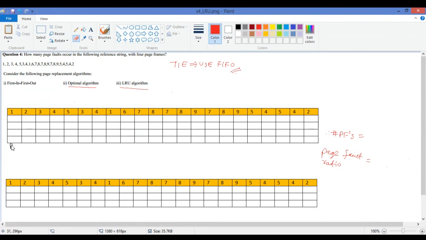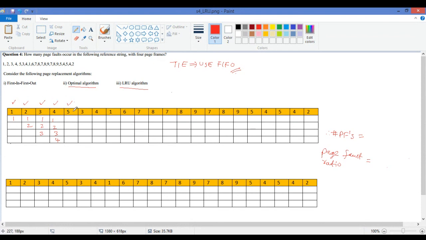Now, the least recently used algorithm is same as optimal, but the difference is optimal will look into the future. Okay, but LRU will look into the past. Okay, if there is no past, use FIFO. Now see here, up to here, this is same. Up to 4 pages, up to 5 you have page faults. This is 1, 1, 2, 1, 2, 3, 1, 2, 3, 4. Okay. Now page 5 comes, then there is a page fault.